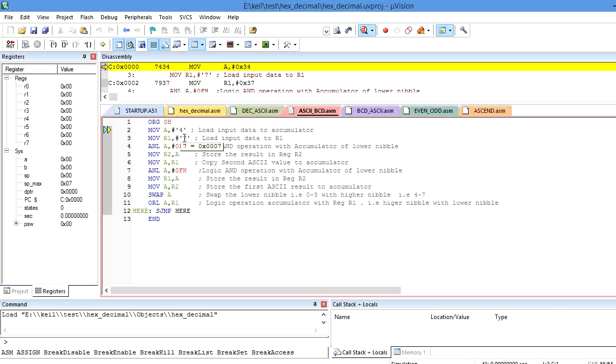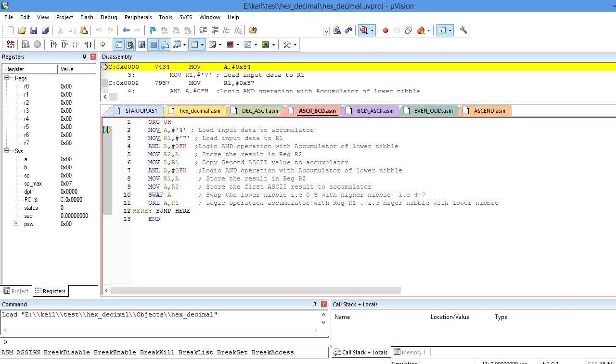In my program I am using the accumulator, R1 register and R2 register. Before execution, let us check: R1 is 0, R2 is 0 and the accumulator is 0. So let us debug the program step by step.